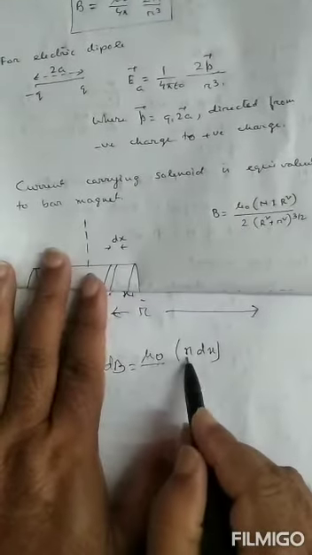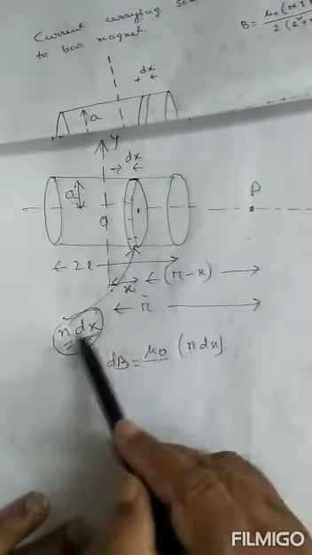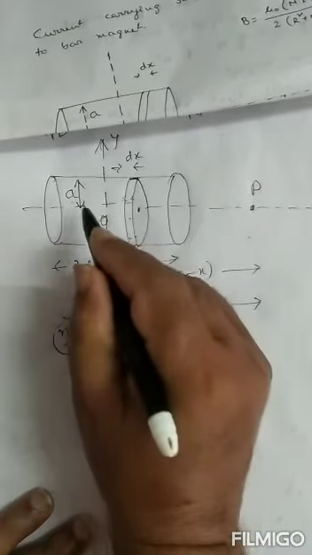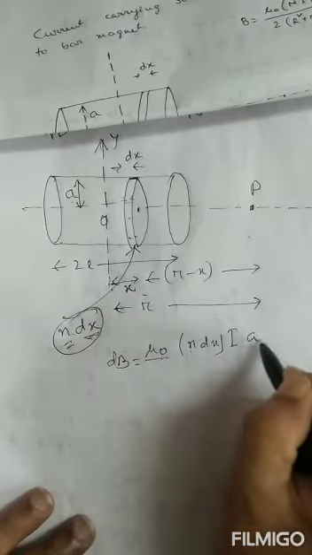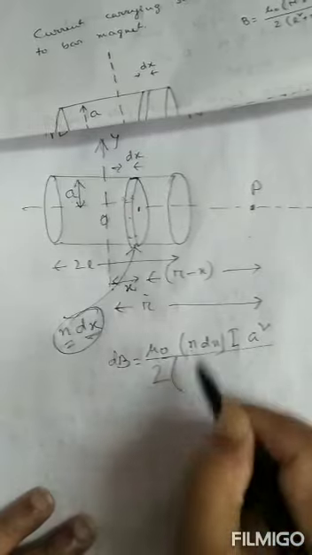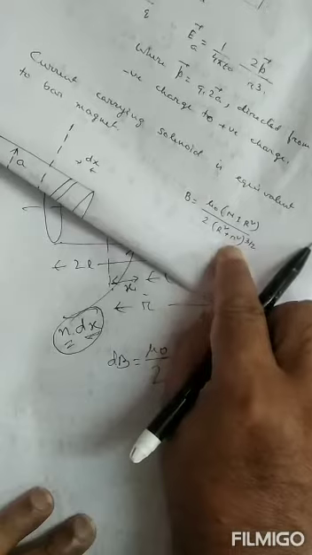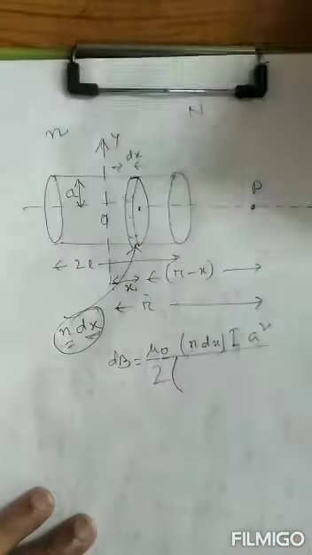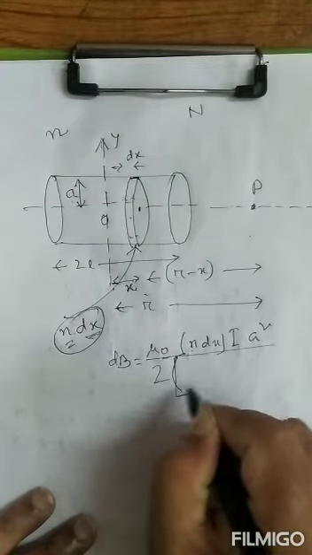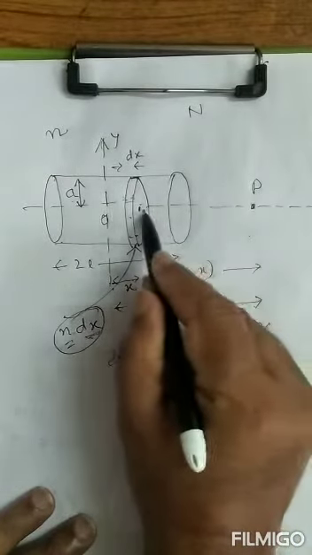So it is mu 0, capital N means the total number of turns of the circular coil. What is the total number of turns of the circular coil? n into dx. Current is i. What is the radius square? Radius is a, so it is a square, divided by twice, a square plus small r square whole to the power 3 by 2. What is capital R square? It is the radius of the circular coil. In our case, the radius is a, so it is a square. Now what is this distance? Now we have to consider this distance.